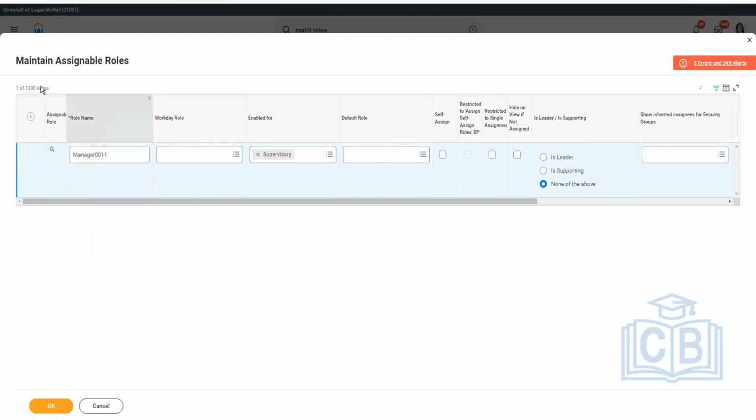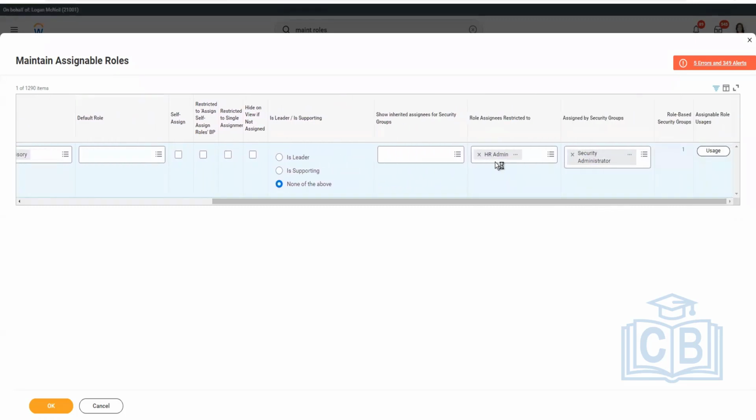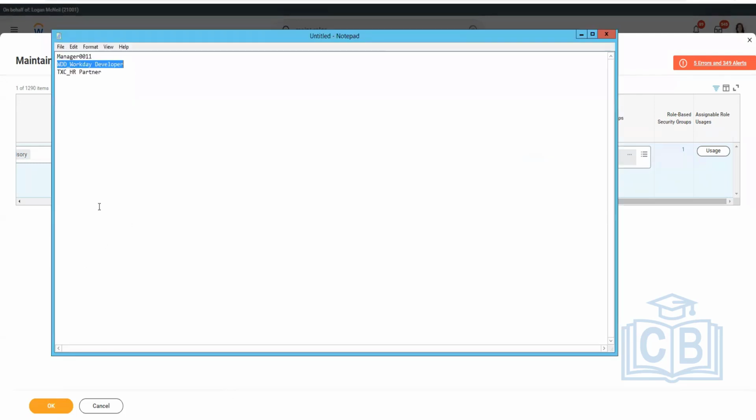There are 1,290 roles created in this tenant, so it does become a little. Okay, the third one is